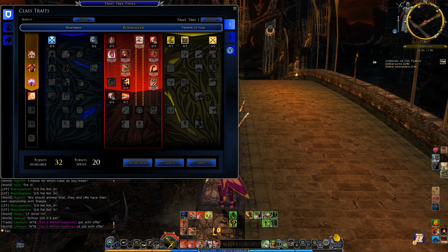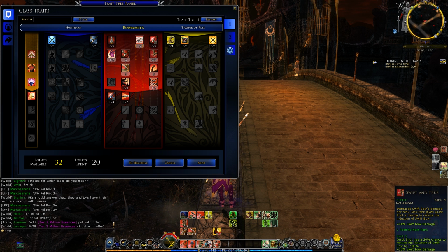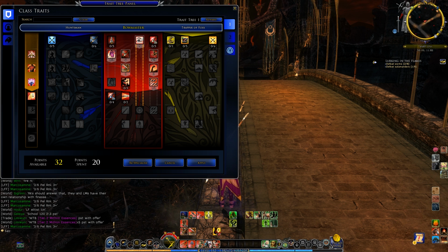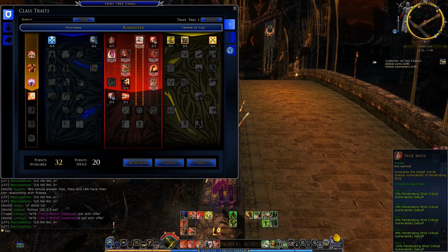with that to unlock the next row. In this next row, we should actually get some useful things where we don't need to really backfill. And I do want to note, if you find you're never using Swiftbow, maybe you don't like it for some reason, or you're just spamming quick shot, which I admit is a little bit fun, you could go ahead and get the penetrating shot critical vulnerability debuff, because that is something that is useful. I would just personally prioritize the Swiftbow damage,